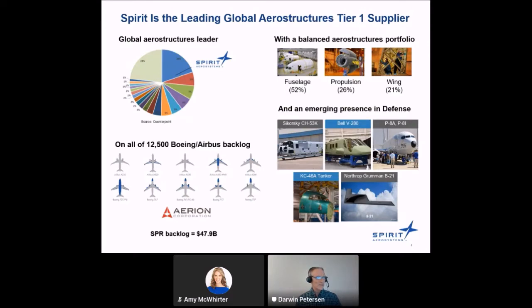This slide probably needs some update. It's been a tough couple of years. In the last couple of years, we were right at our highest production rate ever for Boeing on the 737 MAX when the grounding of the MAX happened, and then COVID and transportation shut down. So it's been a challenging couple years, but we're working through the recovery.